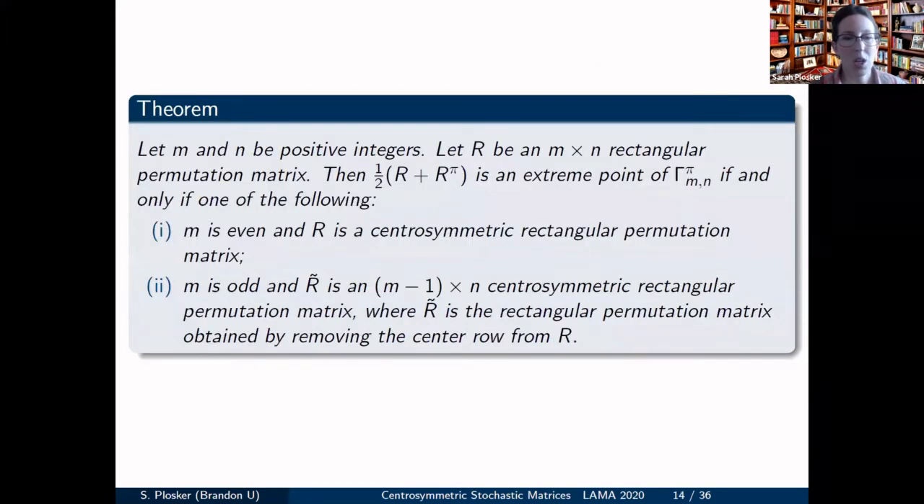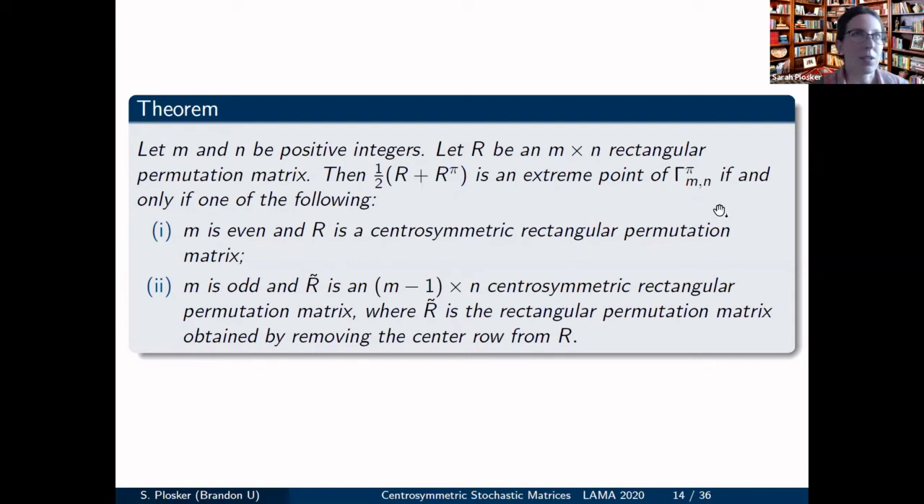For M odd, we basically have to delete that middle row. That's the problem row. And then that new matrix is a rectangular permutation matrix. So if R is an M by N rectangular permutation matrix, then 1/2 R plus R pi is an extreme point